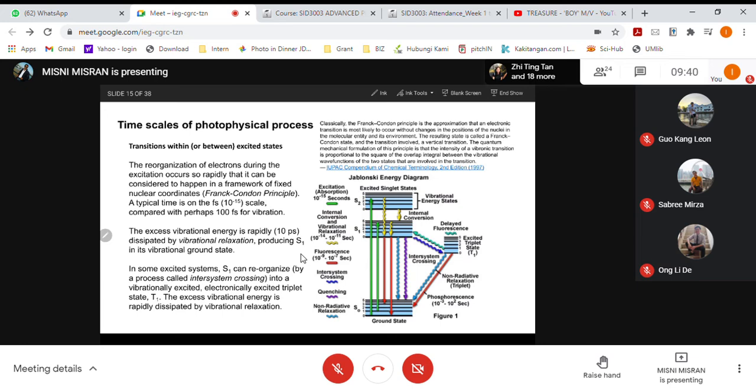The fluorescence is up to 10 to the minus 7 seconds, in nanosecond. This is how fast it undergoes the